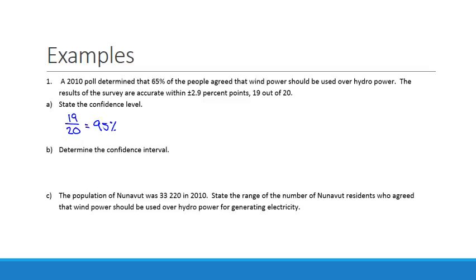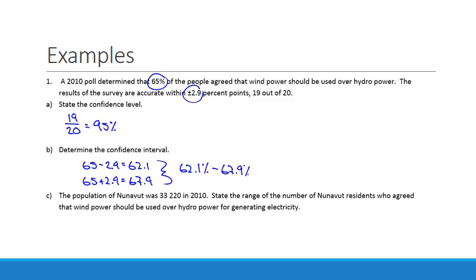95%. B, determine the confidence interval. That is when we take our suggested answer, 65, and we apply our margin of error. So 65 minus 2.9, and then 65 plus 2.9. And that's how we are going to create this confidence interval. So 62.1 that ends up being, and this would be 67.9. And it would create a confidence interval of 62.1% to 67.9%. So they are 95% certain that the actual answer is going to lie within here if it's not 65